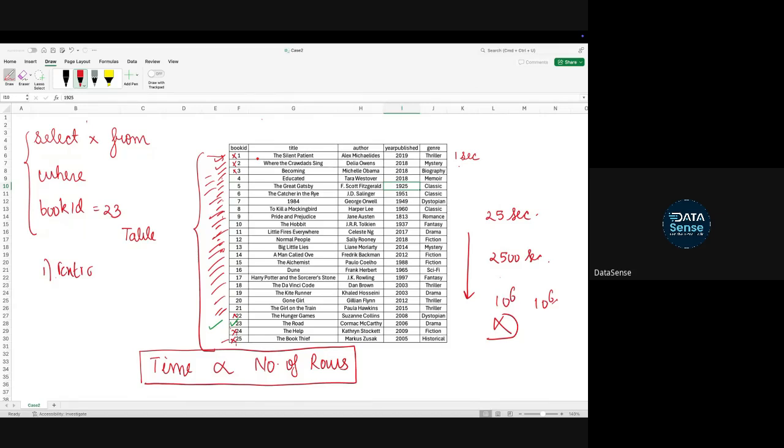Why is a normal SQL query which we write not the most efficient? Because as your data set size increases, the SQL query takes more and more time. So this is called the search that we were doing. Technically, we are doing a search in our database or table, where we are trying to select any particular book ID. Any doubt, anyone in this part?